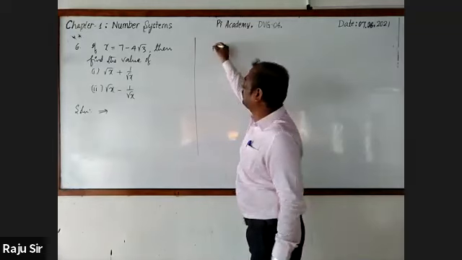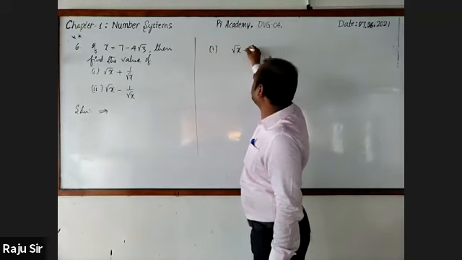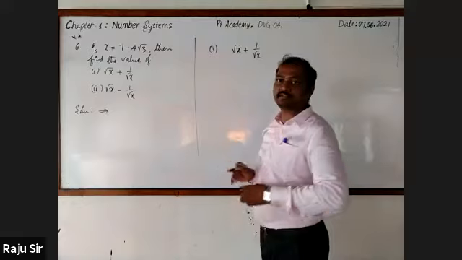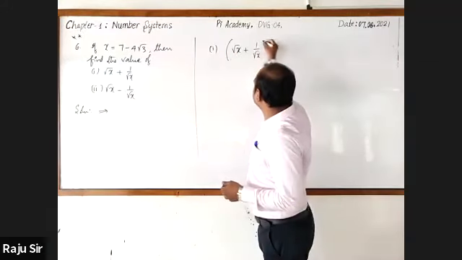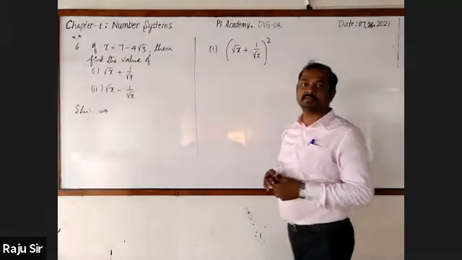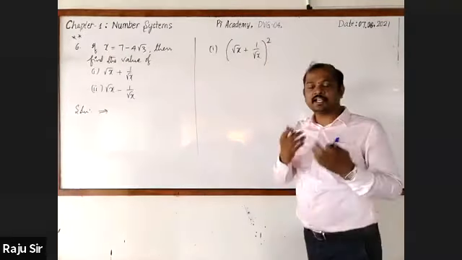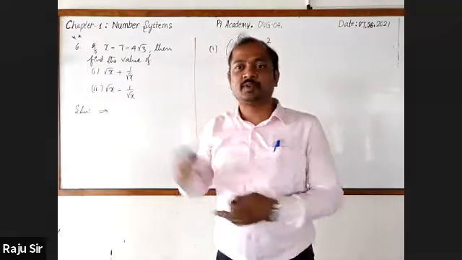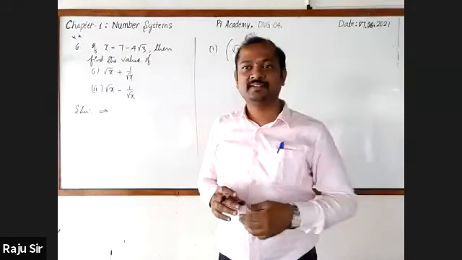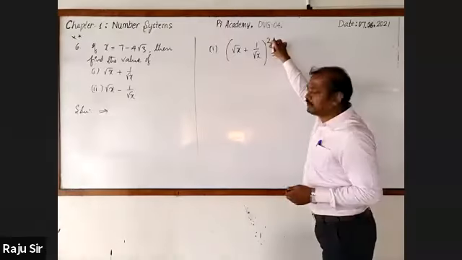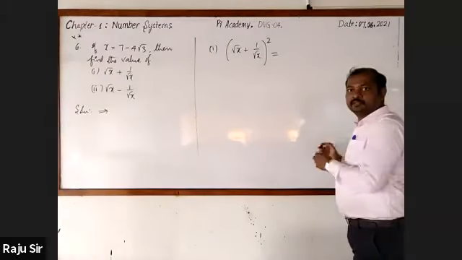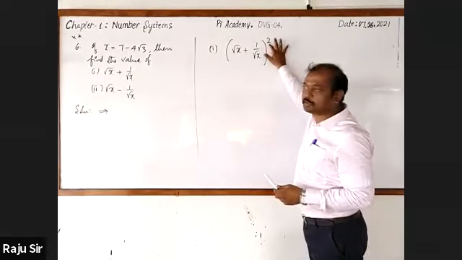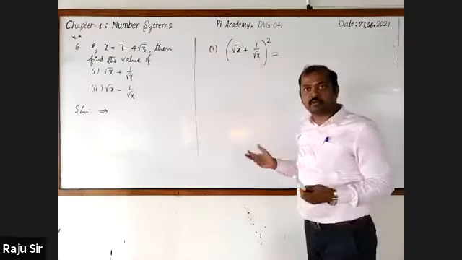We want the value of root x plus 1 by root x. I go for taking this as a whole square. You can ask me a question: sir, why do you go for taking the whole square? They are not given. Is it not? Yes, sir. I'll tell you that. Now we have been taking the square. At last, we will go for removing it. At last, when you remove the square, what will remain? Root x plus 1 by root x only.